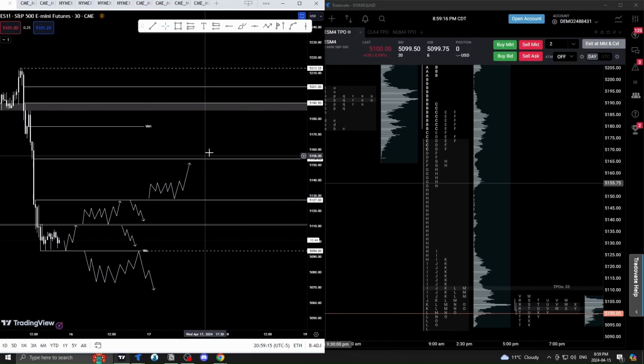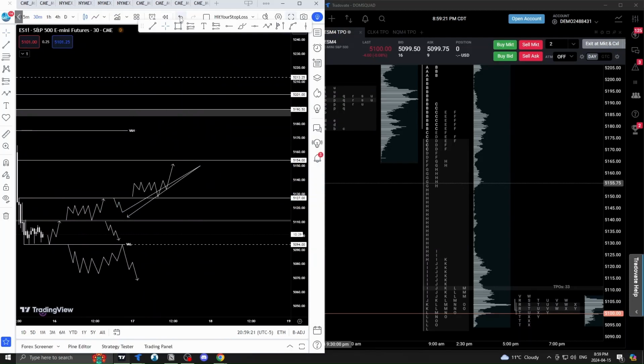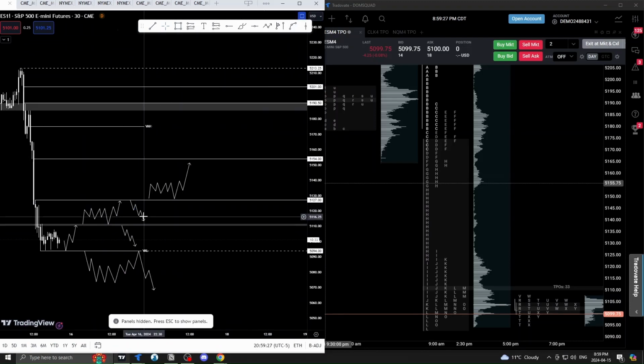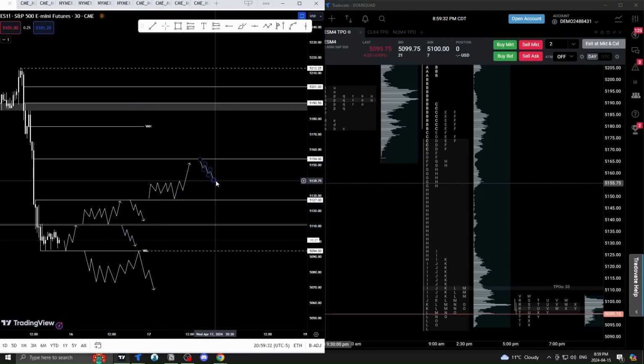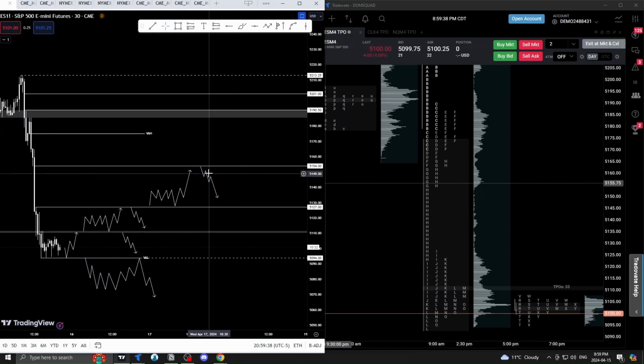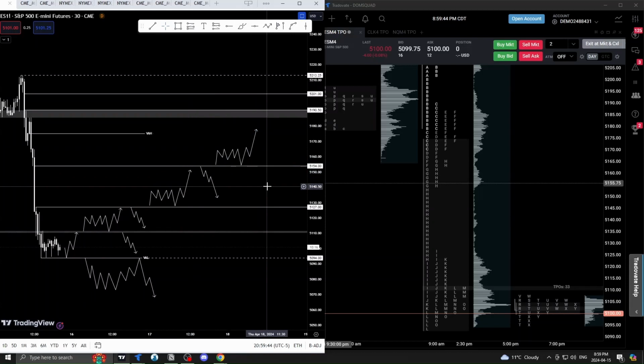The next hypothesis, if price comes here, is that's not what I wanted to do. Is we get a rejection from here. If we get this rejection, this is my next target down here. If we don't get this rejection and we break higher, boom, same thing. And then my next target being the value area high. And then these upper levels, I doubt we go that high, but if we do go that high,